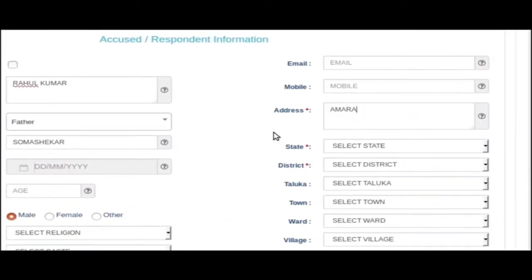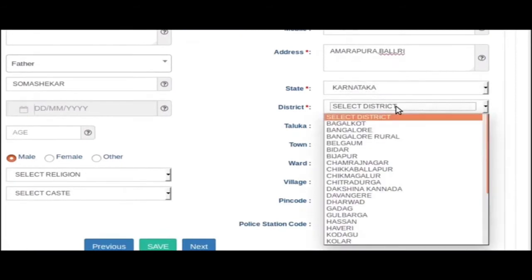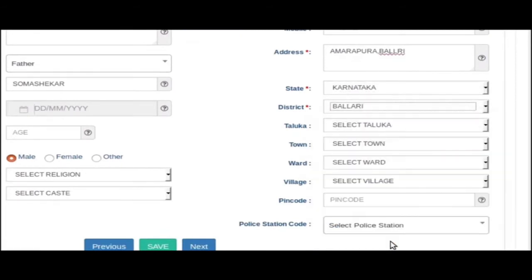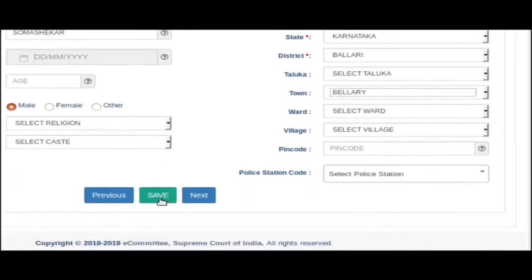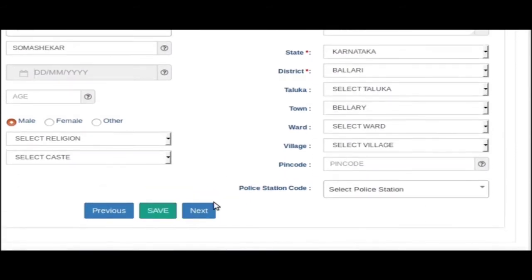At this stage, if you want to make any correction in the petitioner form, click Previous button or else click Next button. You will reach the extra information of petitioner and respondent form.